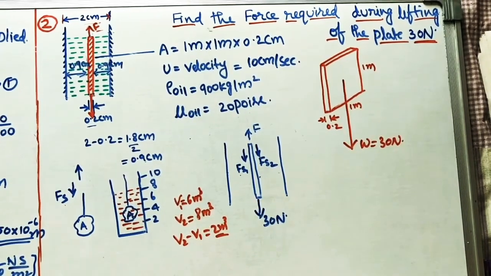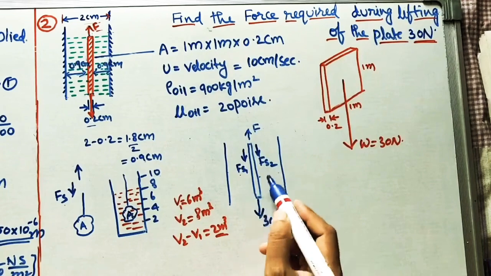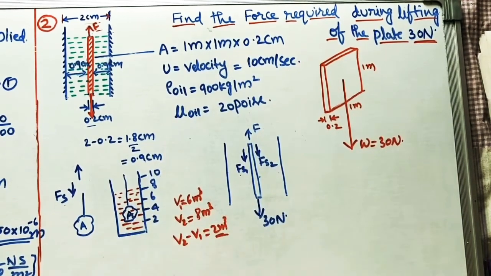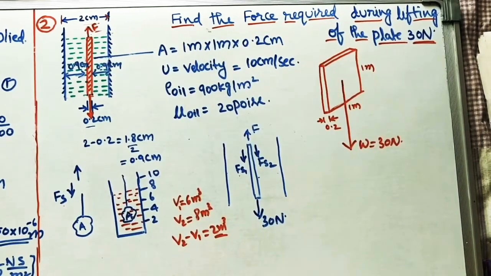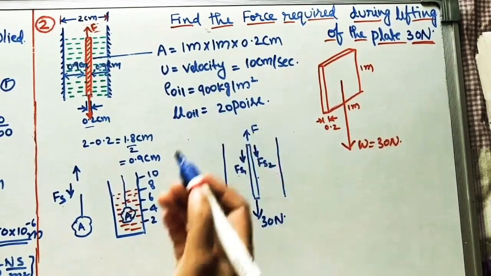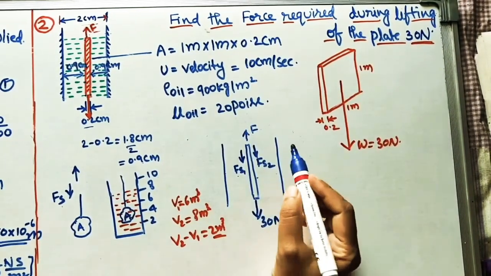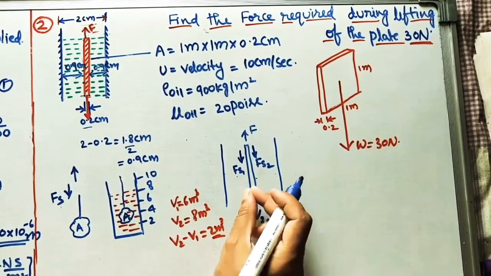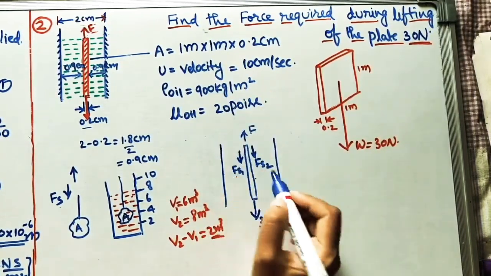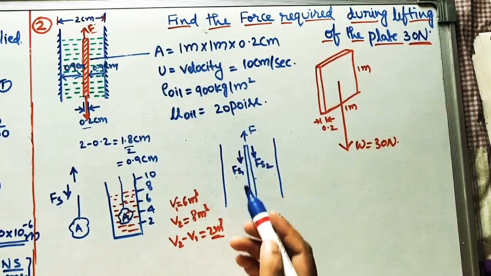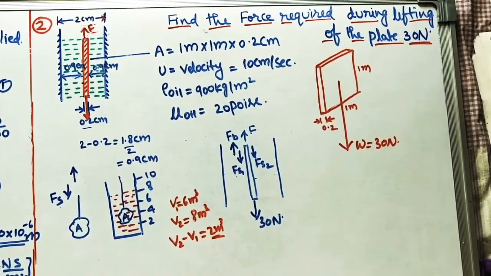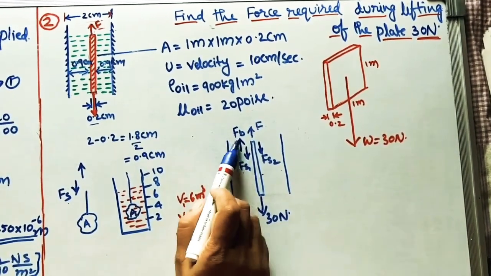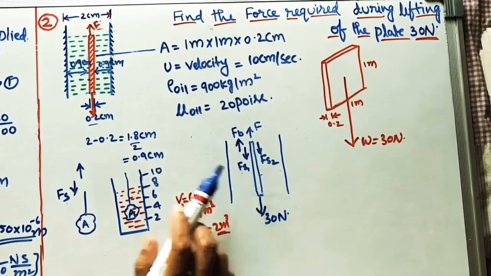Similarly, if you keep this thin plate in the oil, it will displace the oil. The level of oil will increase. So that liquid force we can call the buoyancy force, and it is in the upward direction. Now I am taking the liquid force, whatever is acting in the upward direction, because weight is acting downward and the liquid force is acting in the upward direction. It is called FB, the buoyancy force. We have to find the buoyancy force by using the displaced volume of the oil.